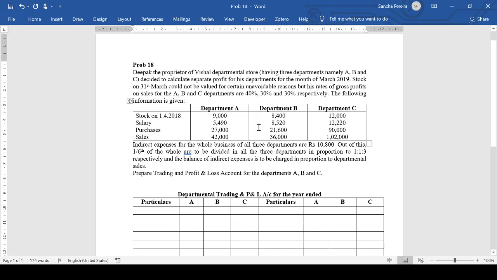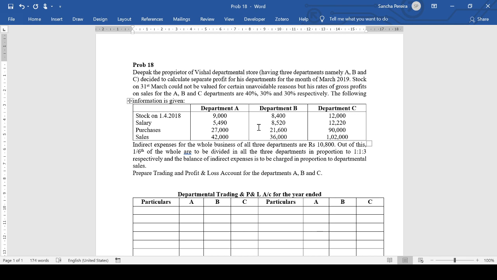Problem 18. Deepak, the proprietor of Vishal Departmental Store, having three departments, namely A, B, and C, decided to calculate separate profit for his departments for the month of March 2019. So he's not calculating profit for the entire year, but just for the month of March 2019. Stock on 31st March, that's the closing stock, could not be valued for certain unavoidable reasons,